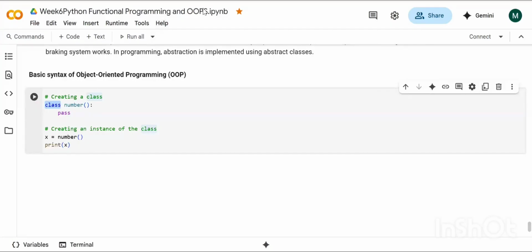A keyword. And this is the name of the class along with the parenthesis. It is important because afterwards you are going to call this class. And then a colon. Right now I'm using pass. I hope everyone remembers the pass statement. We have already done it in our previous classes.